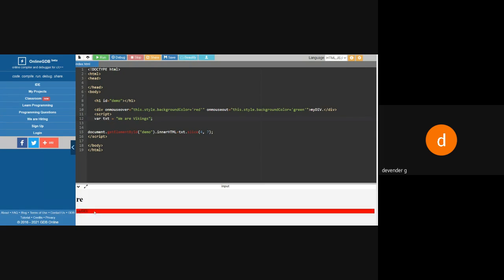Now you can see I got RE. From the fourth letter, so V, E, space and A, 4 letters from here have been removed. So I got R. What about the E? How did I get E? From here you take the 7. So 0, 1, 2, 3, 4, 5, 6, 7.